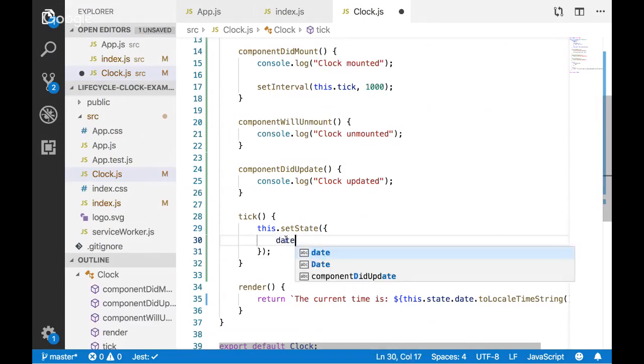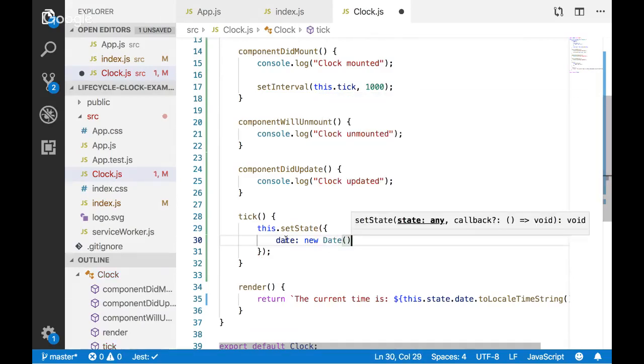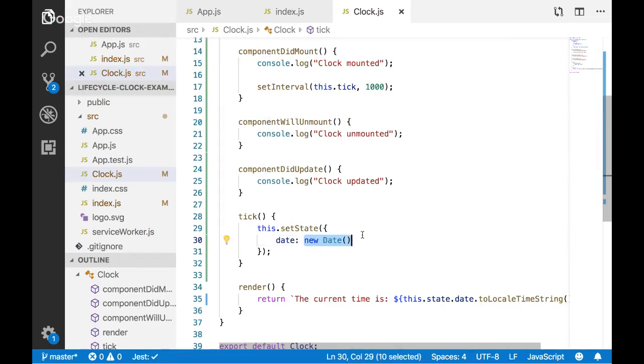And what we want to do is change the date each time. So we'll just create a new date object. And this is a little confusing if you haven't worked with dates in code before, which is that a date object isn't just the day, it's the date and time and everything else. And so every time that we're creating a new one of these, it's getting that moment in time, that date, that time.